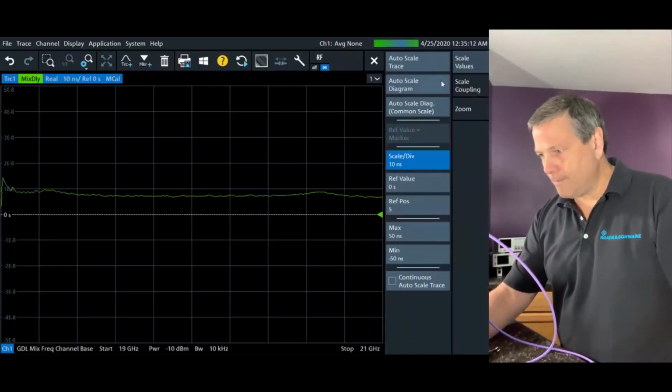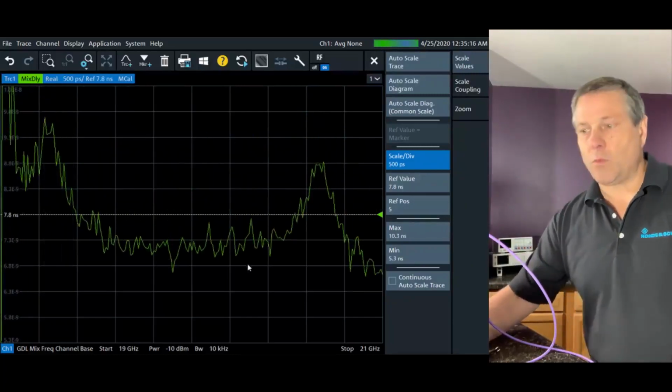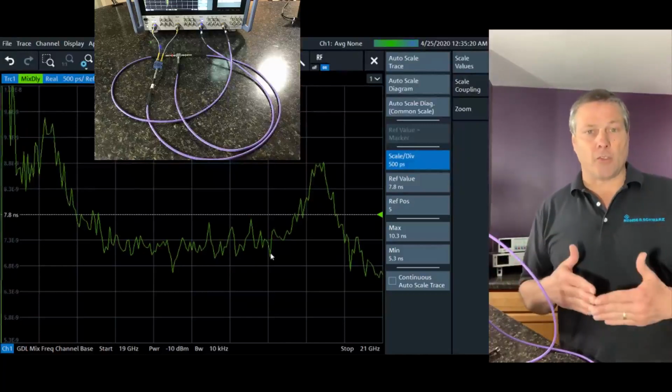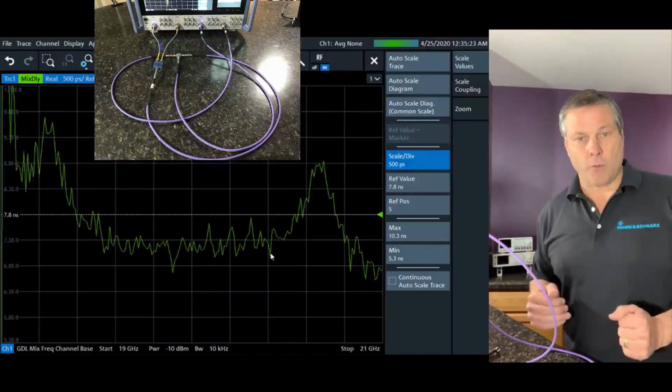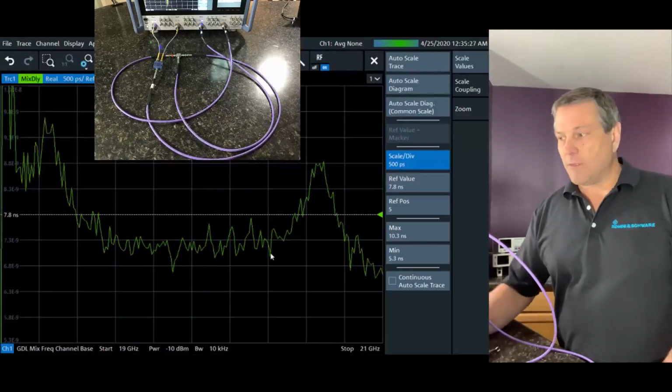Auto scale, and let's go a little closer. So this is what it looks like, same thing we saw in the first video. So this is method number one, using an external combiner to measure the two-tone group delay of the frequency converting device. So let's save this to memory,